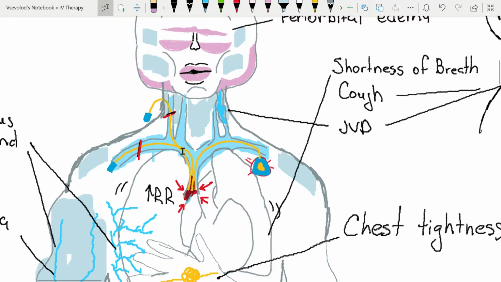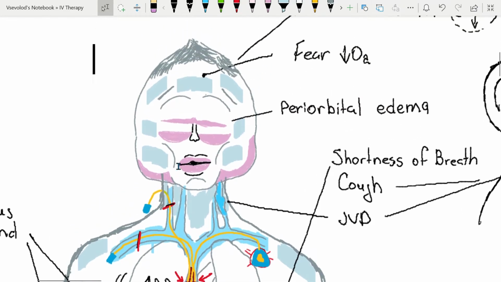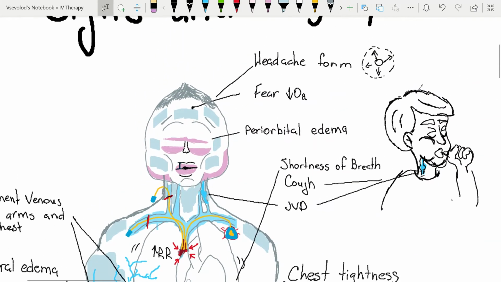Multiple catheter use, such as central vascular access devices, increased use of central vascular access device can lead to increased incidence of superior vena cava syndrome as the result of a venous thrombosis. So signs and symptoms associated with superior vena cava syndrome would be headache or visual changes